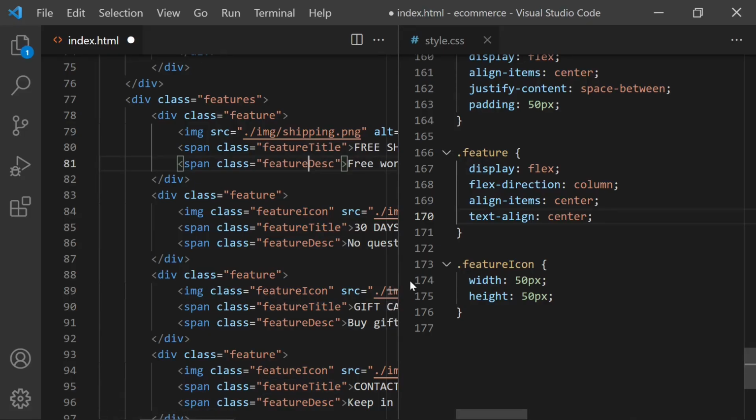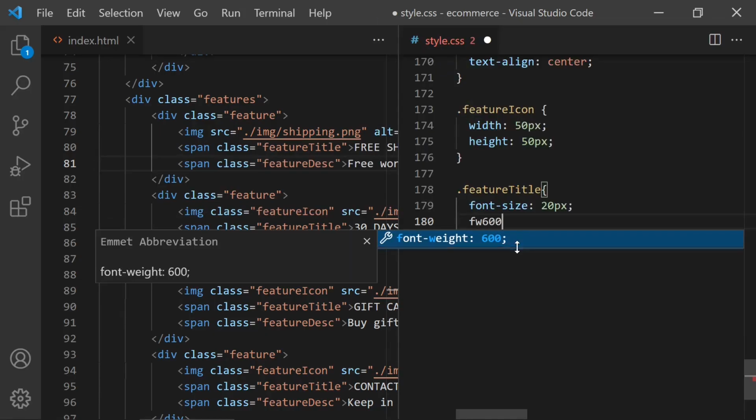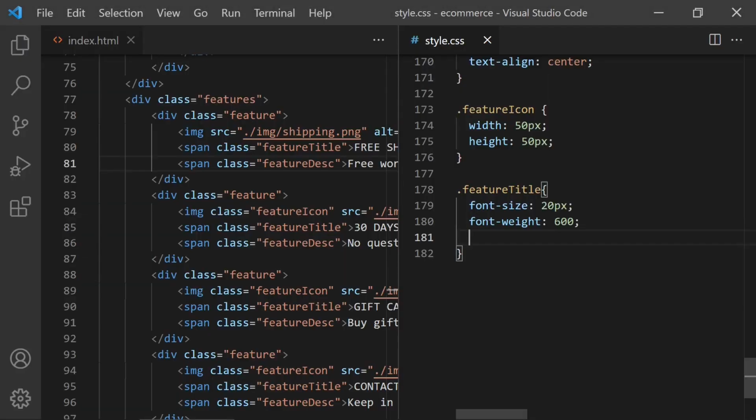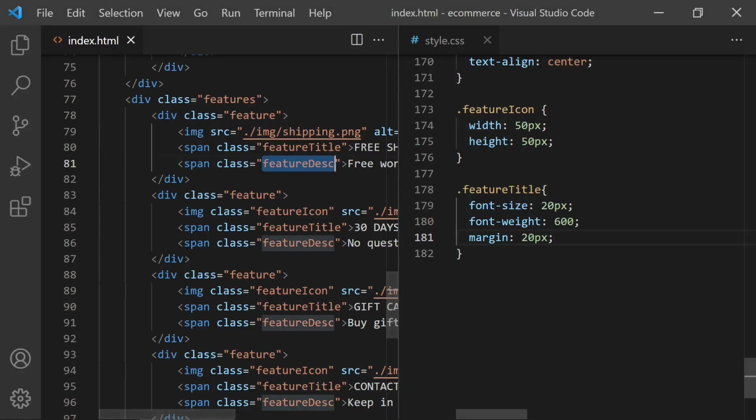Perfect. And for this title, by the way, there is a mistake again. It's gonna be feature description. Okay. For this title, I'm gonna say font size 20, font weight will be a little bit thicker, and I'm gonna give some space between this image and description, so I will say margin 20. Okay. And for this description,